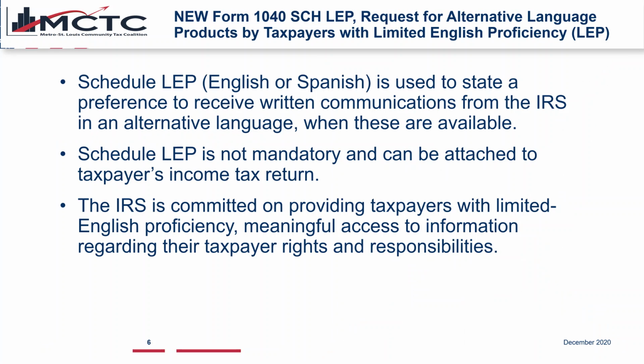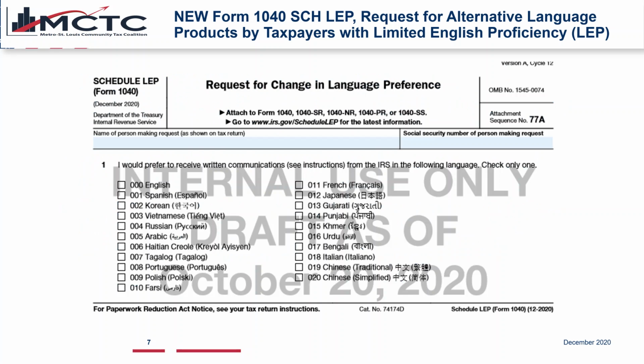It also will allow for those that have disabilities that they can request those in a certain format. This is what the form looks like. As you can see, there are up to 19 or 20 languages that the client can receive forms in